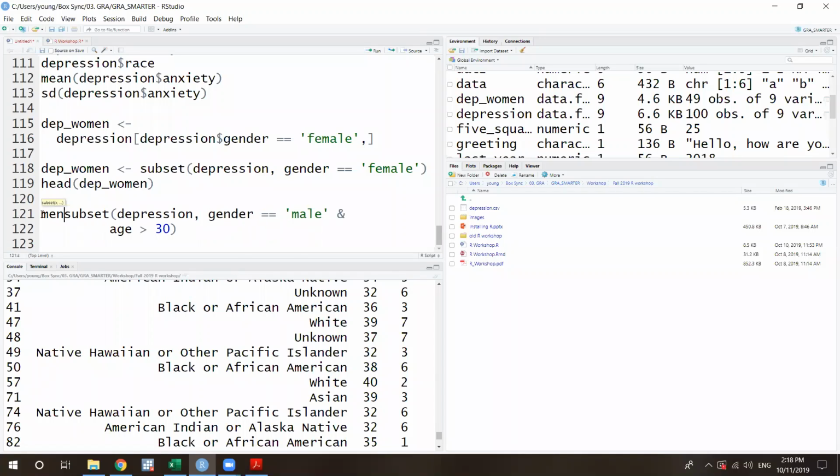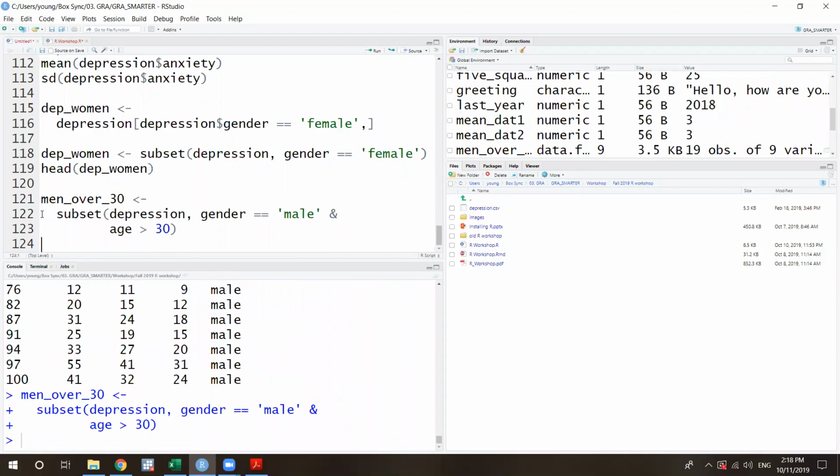And then I'm going to assign this like this. If you have missing data in your data set or variable, it's not really going to work.